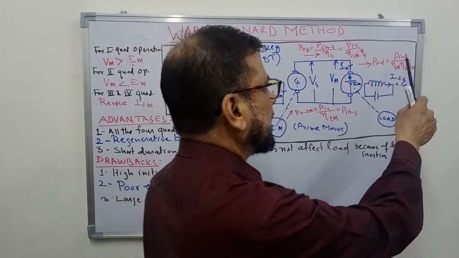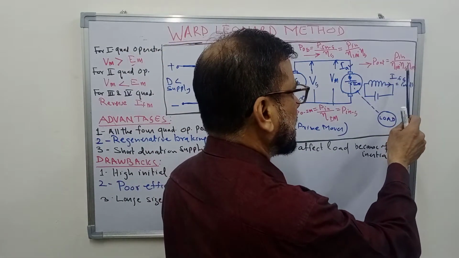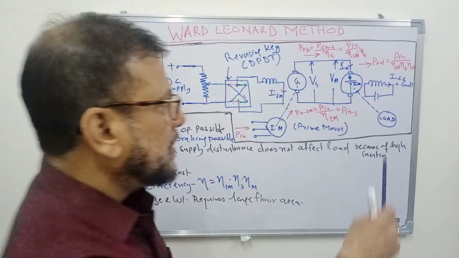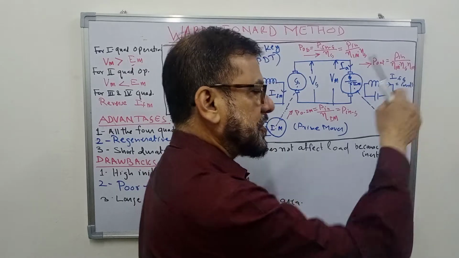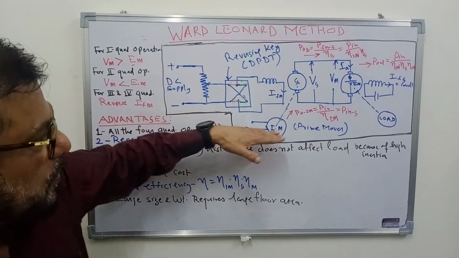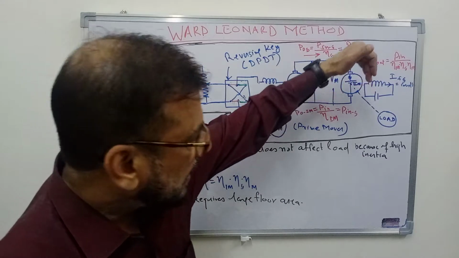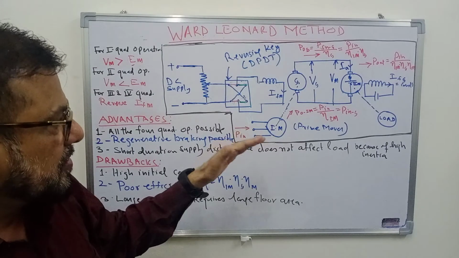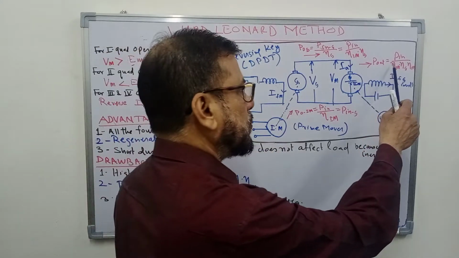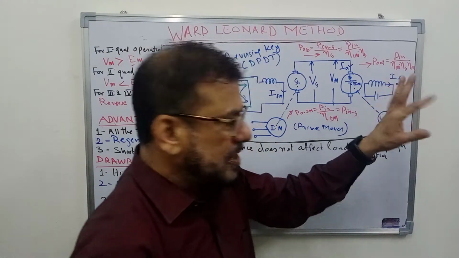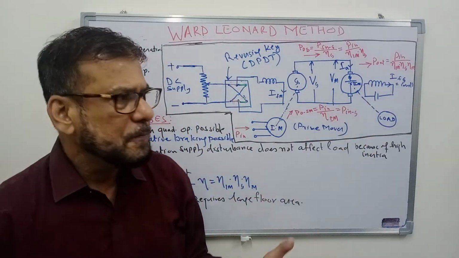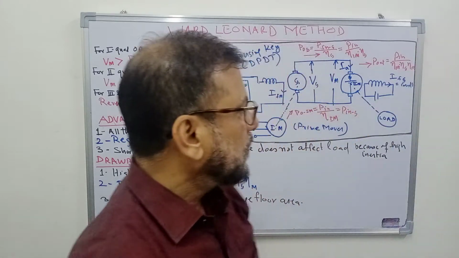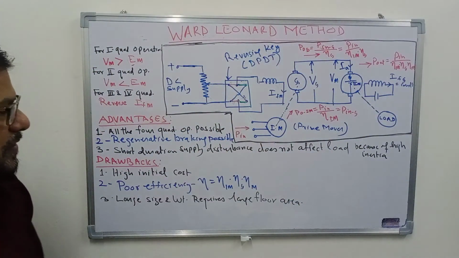So overall it will come as P in times efficiency of induction motor, efficiency of DC generator, and efficiency of DC motor. So efficiency of the system will be the product of the efficiencies of the three machines. Power flows through this machine, then this machine, then this machine, and then finally reaches the load. So output power will be much smaller than the input power because of poor efficiency. Efficiency of each machine, suppose it is 80%, so 0.8 into 0.8 into 0.8. So it will be very low. So this is one of the drawbacks of this scheme.